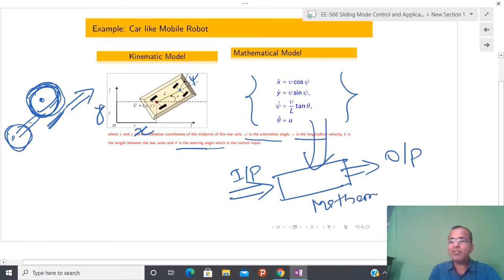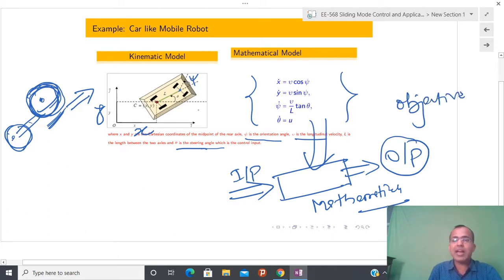So how to proceed now? You can see the output, and you always have to know the objective. The objective is to drive this particular car from one point to another point. So I know the objective, I know the input, I know the output. Input u, which is theta dot, is basically a steering angle. So I am going to control the steering angle, and due to that reason I have to see its rate. Whenever we have to control some quantity, we have to see the rate.